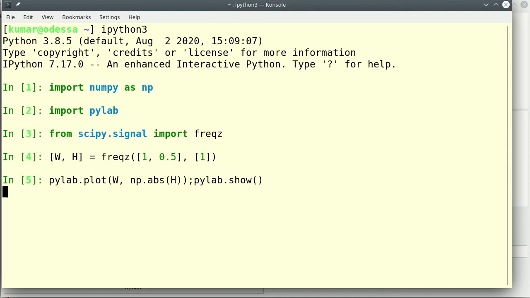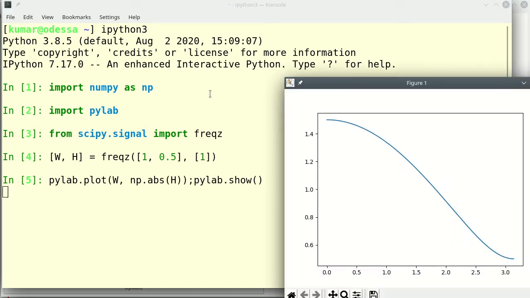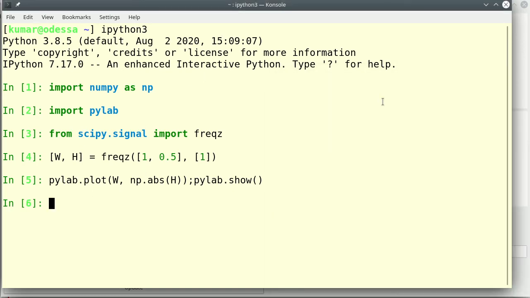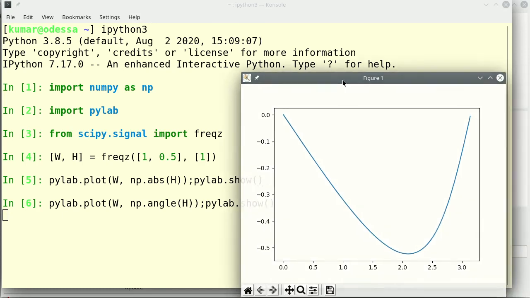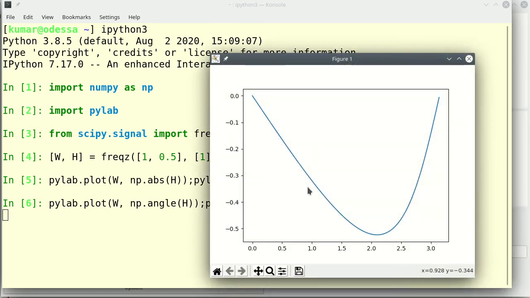So I'm going to look at the magnitude response first. Of course, the magnitude response tends to fall, no problem. Let's look at the phase response. You see the phase response wants to fall and then rise. So let us actually choose two frequencies. I'll choose something close to, let's say, 0.6. Or let me choose 1 and 2 radians per second. So I'll choose pi by 3 and 2 pi by 3. Let's choose that.